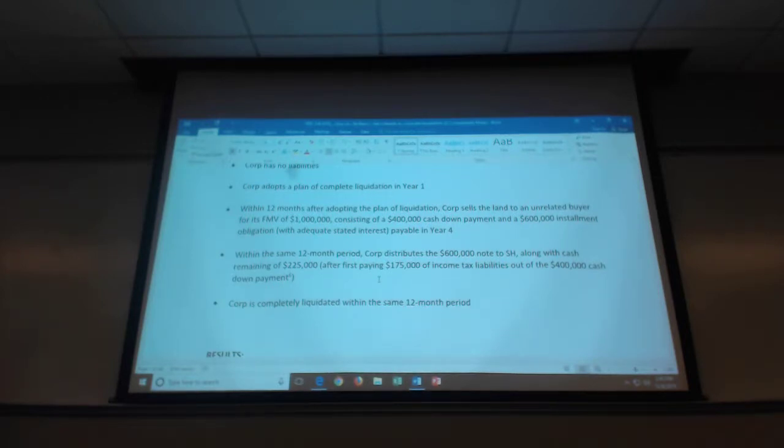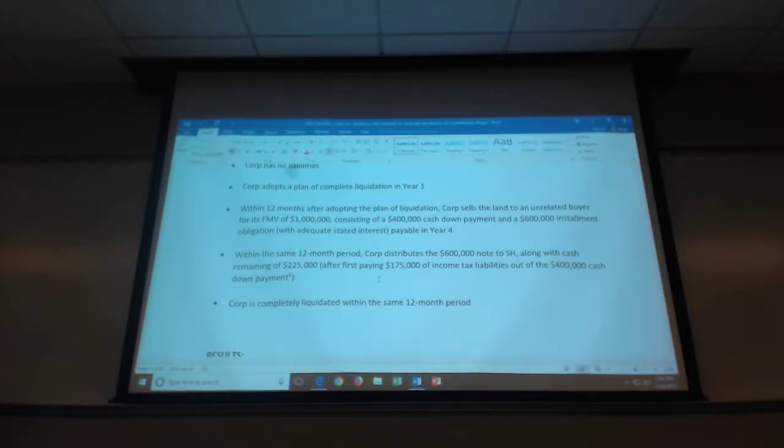That would be the way the installment method usually would apply. I kind of shortcutted it here because in the next step, when the corporation transfers the note receivable of $600,000 to the shareholder, that transfer causes the corporation to recognize the remaining unreported gain